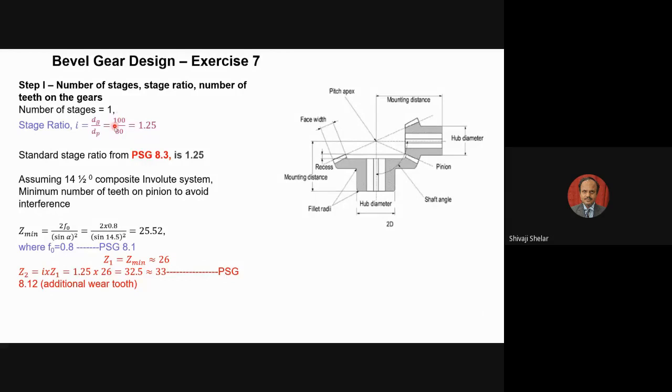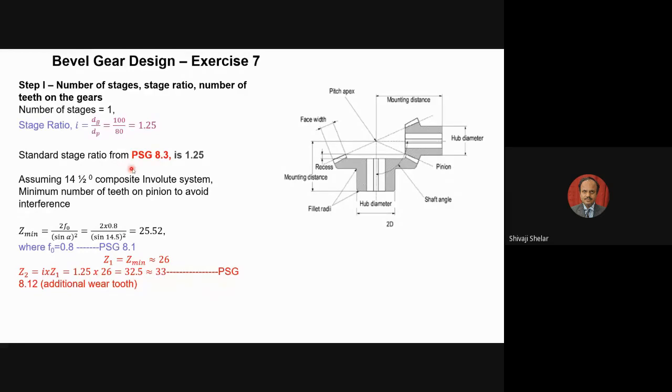So this is not the final diameter. Please remember, these are the approximate diameters given in the problem. So you can have stage ratio of 1.25. Now, since the ratio is very small, number of stages required will be less, because you are designing only a single gear pair. So now you can check whether this ratio is available in the PSG standard data book, whether this is a standard value or any other.